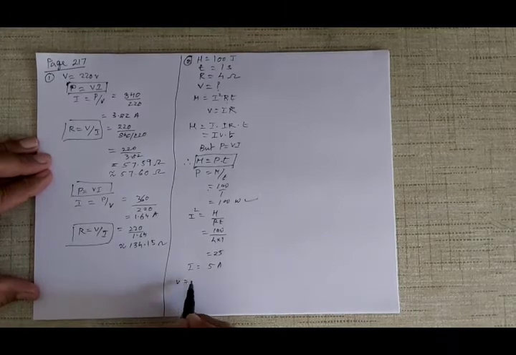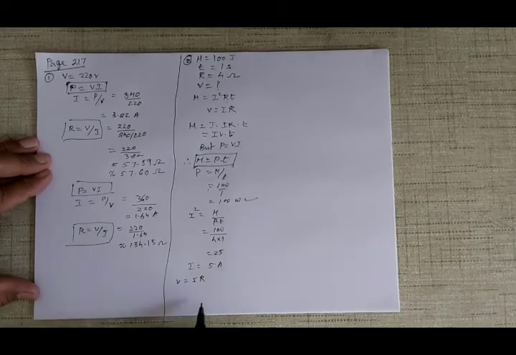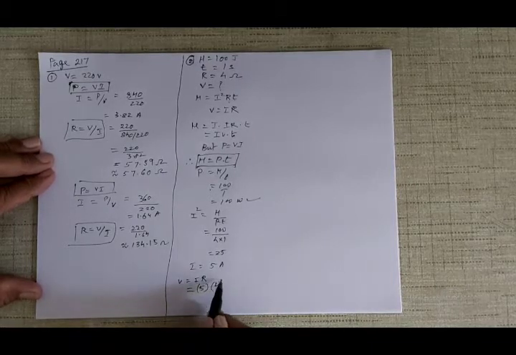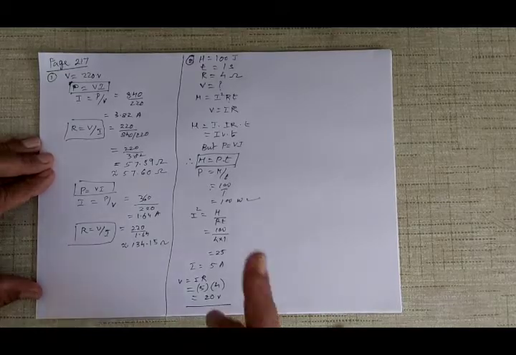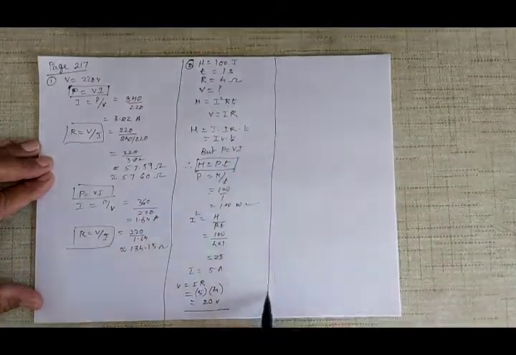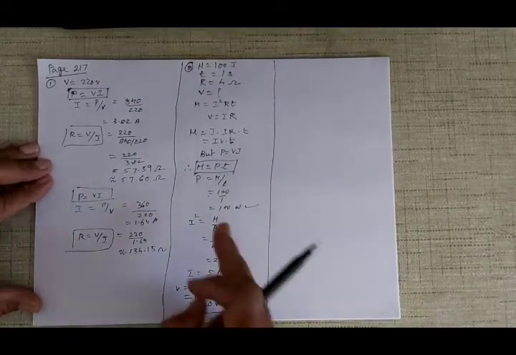So now V is equal to I into R. Now I is 5 amperes, resistance is 4, 5 fours are 20 volts. So only two things are asked, power is not asked, so there is no need to calculate power. But in case power is asked, you can see how it can be done.